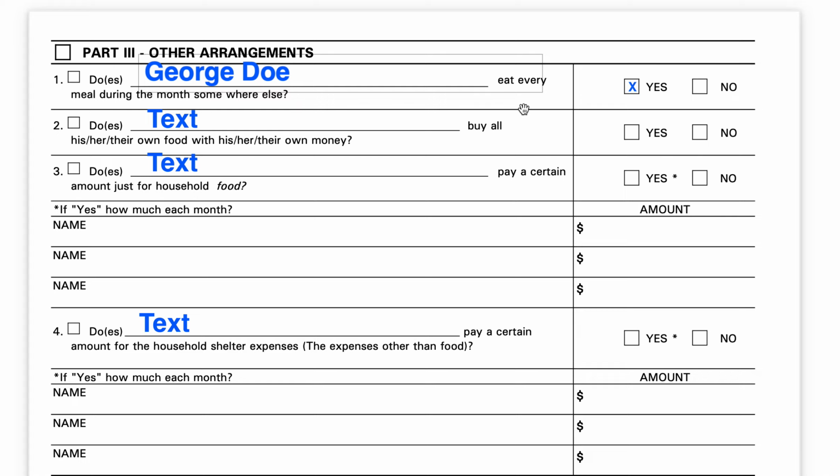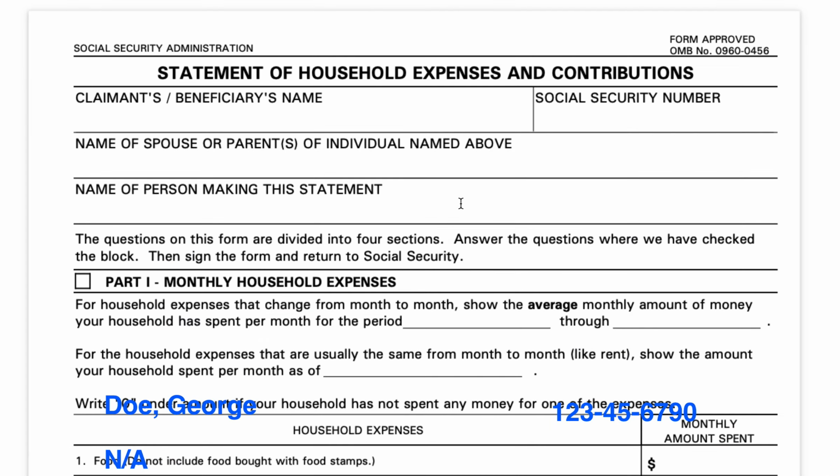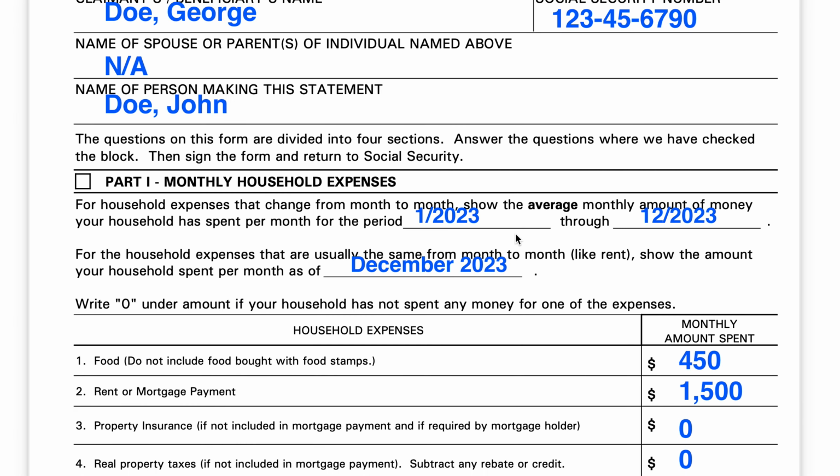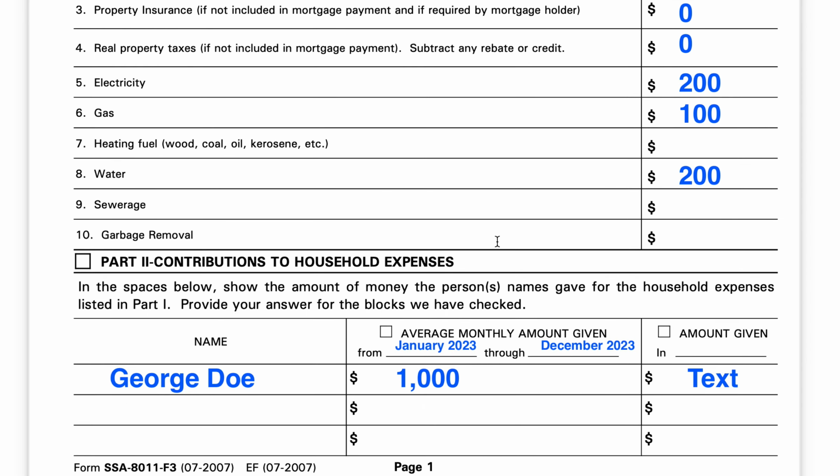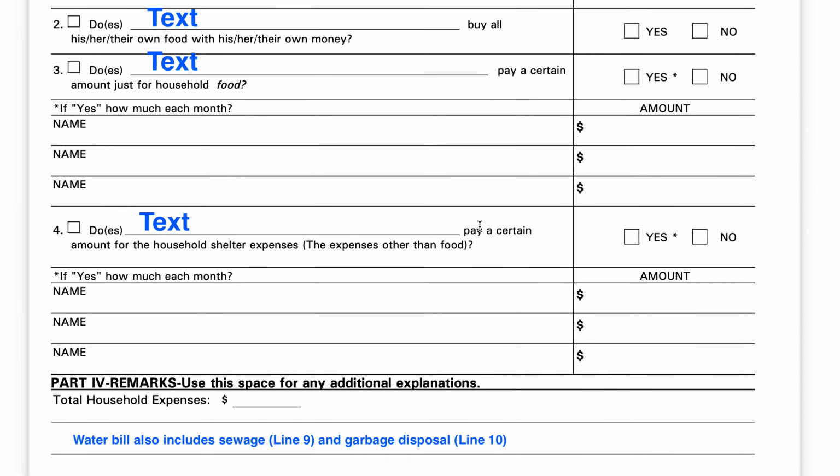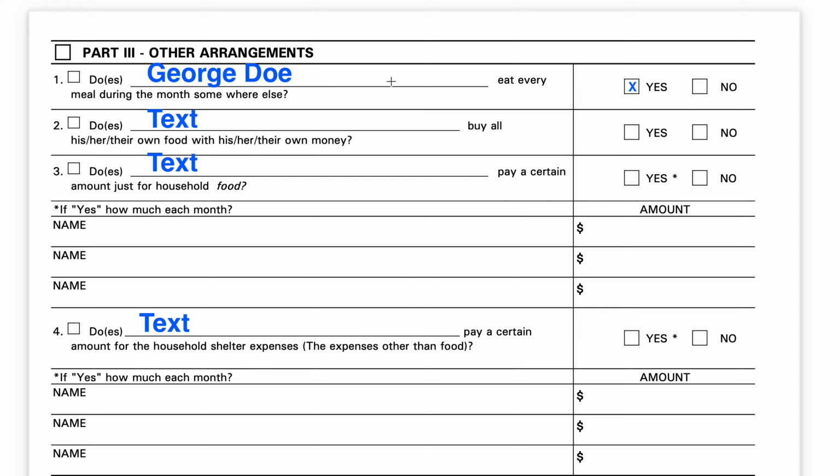So for example, if George isn't paying his fair share up here, then there may be some sort of extenuating circumstance. For example, if he ends up eating all of his meals somewhere else, then maybe the Social Security Administration